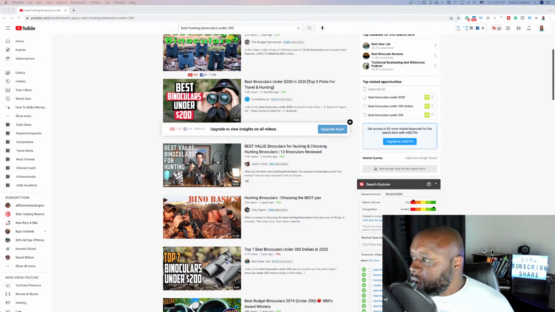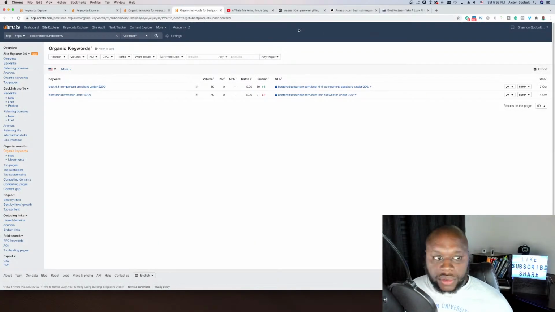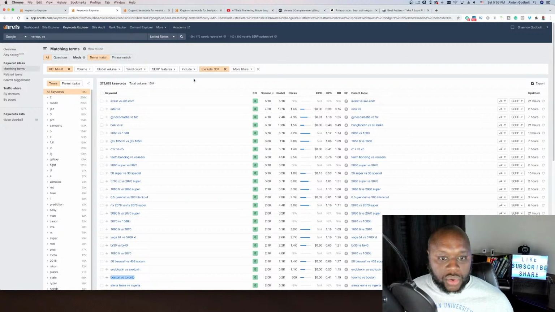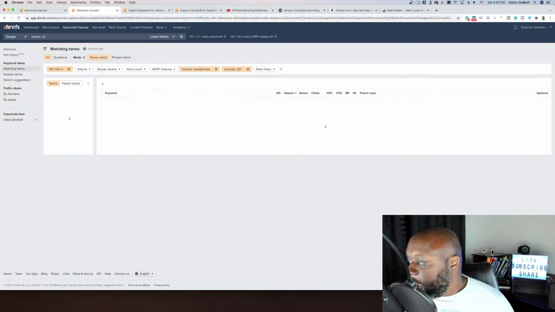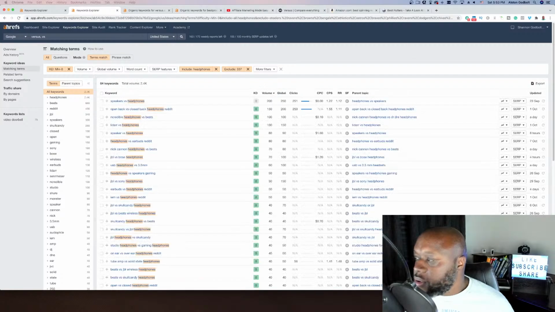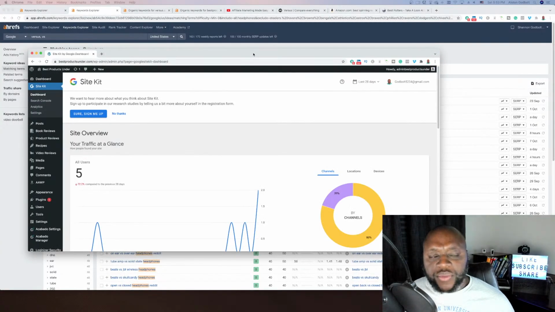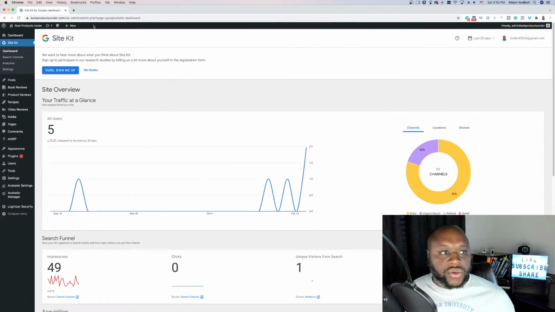Let's go back over here, and we're going to close this, and we'll do headphones. Let's go back here and see if we can add headphones here. Include headphones. Headphones like this. Hit enter. All right, so when I bring up the Site Explorer, I should probably bring up the Google Analytics too for that other one. So this is the users, and I haven't logged in I don't know how long.